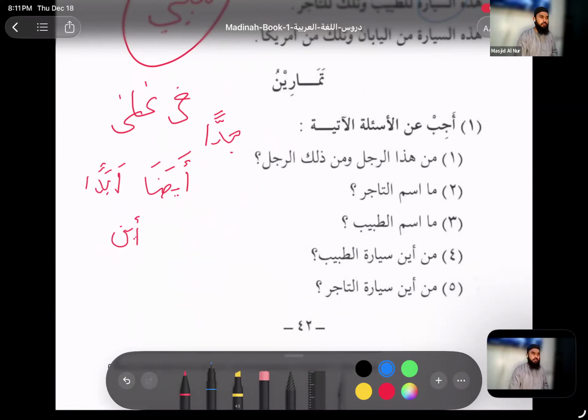What does that translate as? From where? Car. Now do it literal. Do it like proper English. Where's the doctor's car from? It's a nice car. He took off the logo in front. You don't know where that car is from.